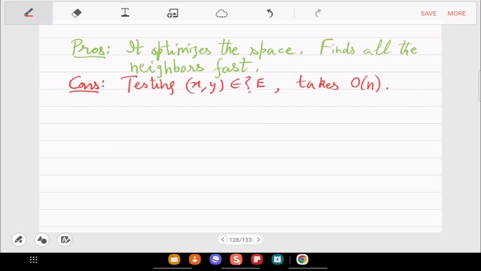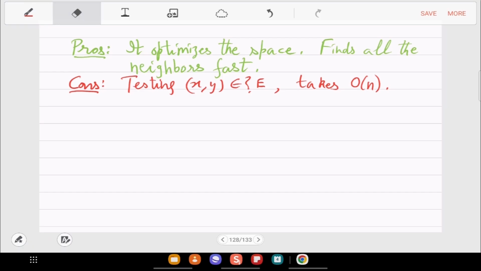So these two things are kind of opposite. It's a trade-off. Whether you want to find all the neighbors of x, or whether you just want to check whether y is a neighbor of x. No, the number of y's is only n minus 1. There is no m here. So it doesn't save on just checking an edge. It will again go through all the neighbors.